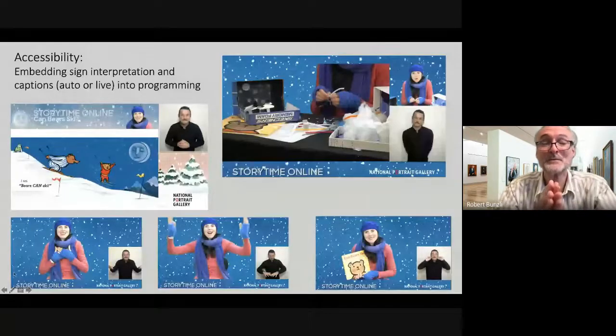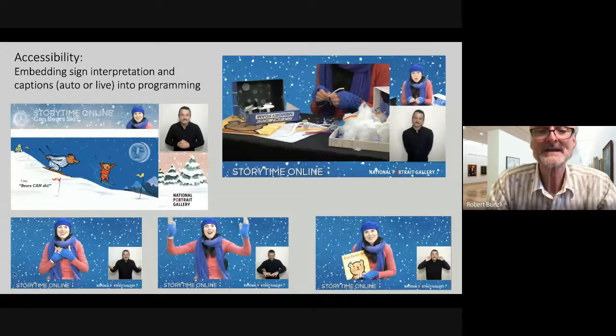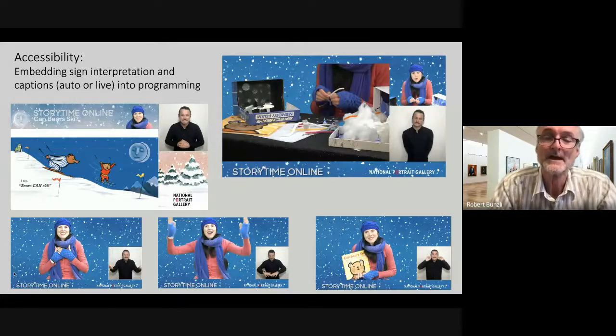I'd just like to talk for a little moment about accessibility. Our education program at the Portrait Gallery is called, the section that manages it is access and learning. So we take accessibility very, very seriously. And over the last 2 years, we have been embedding, where we can, Auslan or sign interpretation into some of our presentations, auto captioning. Through Zoom and other programs, you can have machine learned captioning, which is an easy function to turn on and off for people who have a hearing impairment.